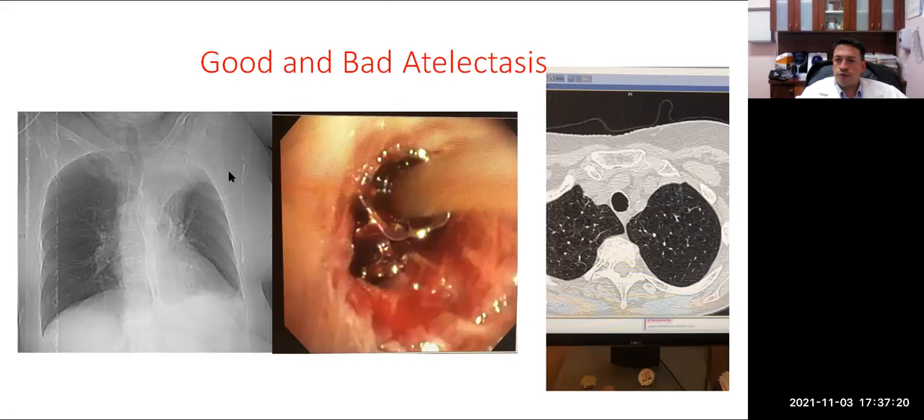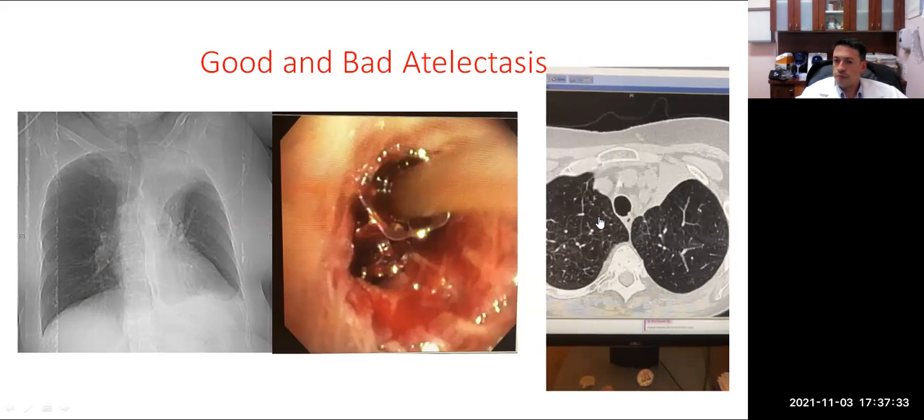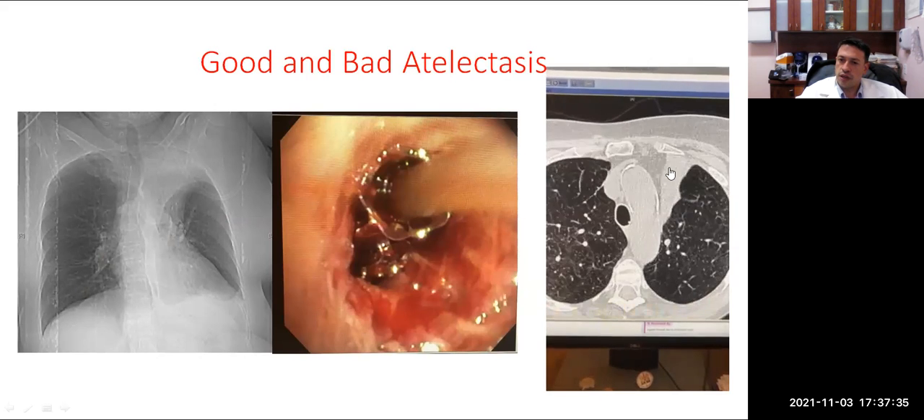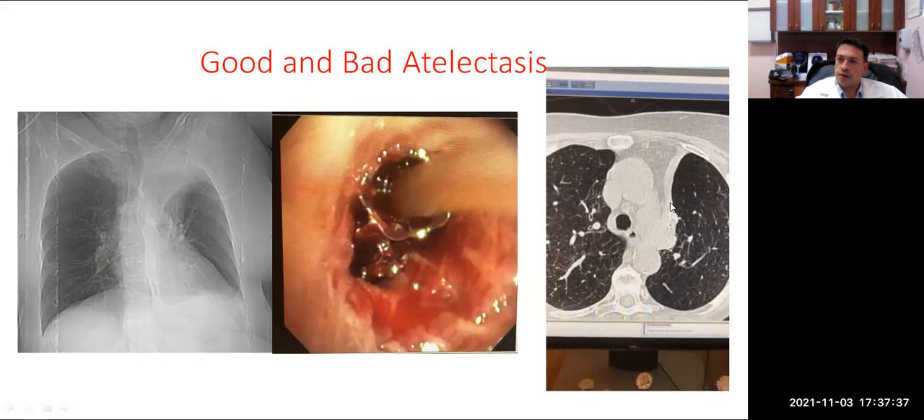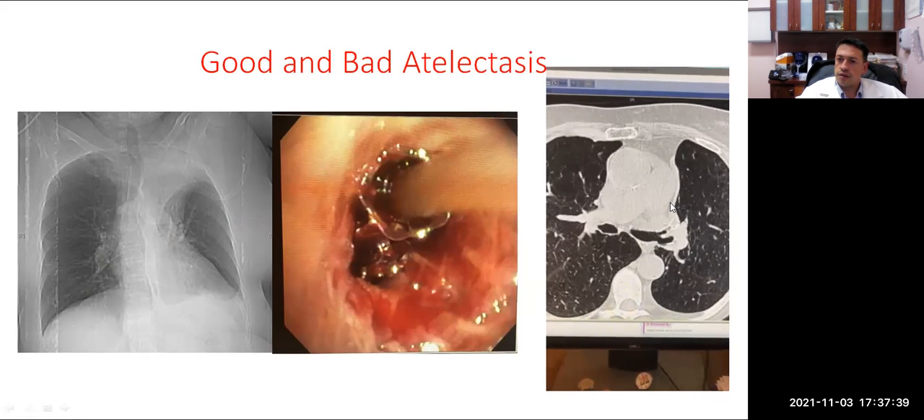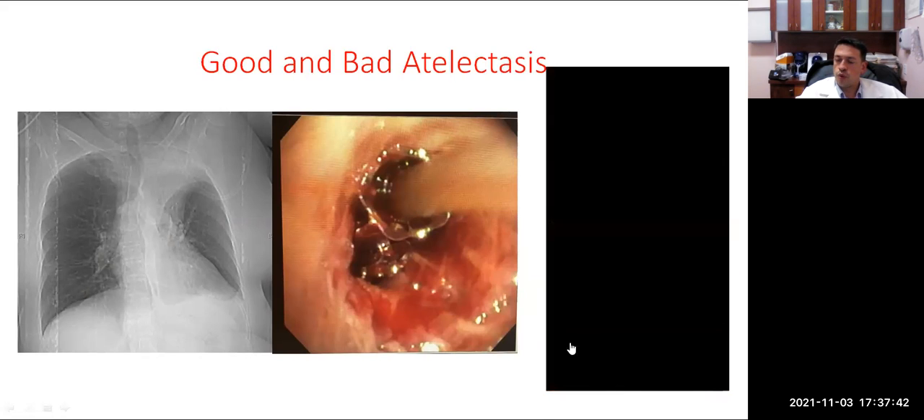Here's an example of atelectasis. However, this is not a good atelectasis. This is basically lobar atelectasis, but the way you want it to look after a valve procedure is, hopefully you can see the video. You see, it looks like a thin pancake. So that actually is the way,